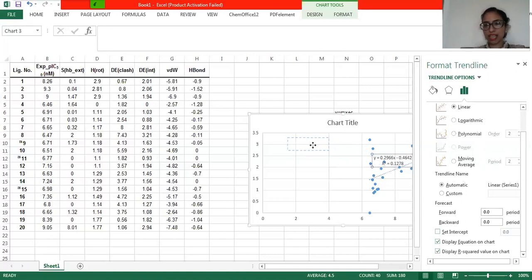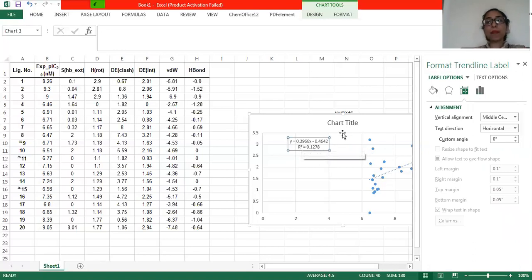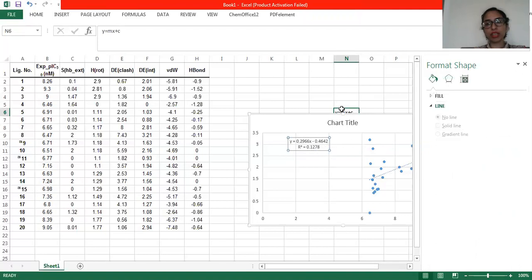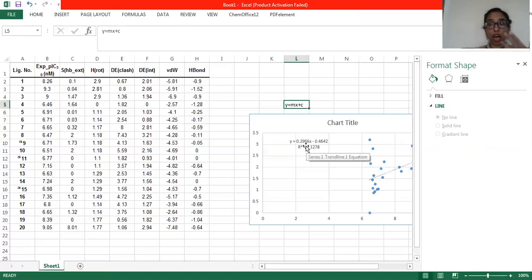Fine. This is the equation that I mentioned earlier, that is y equal to mx plus c. Here the constant is negative, that's why it comes out negative. Otherwise we can correlate this equation with that one. Now this one is a simple QSAR. If we need to design a new compound, we can put in the value of that descriptor, that is TE, right? After that we can obtain the value of activity.